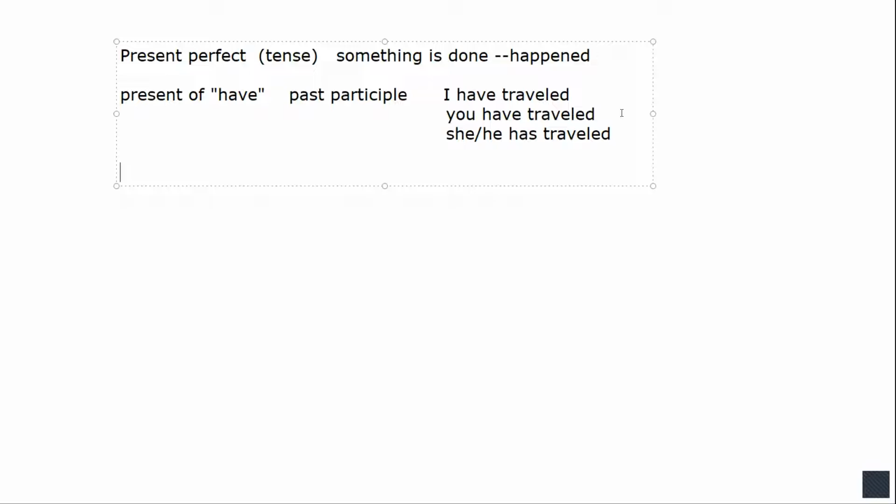Oh, clase, ¿cómo se dice have en español? How do you say have? Tener. Okay, you would think, yay, I got this. Have, tener. No, sadly, no, because tener means to have in the sense of it's mine. I own this. Tener means I have it. It's in my possession. That's tener.